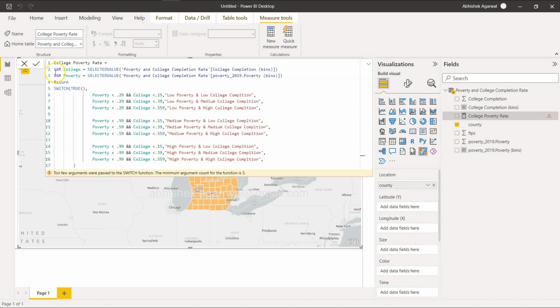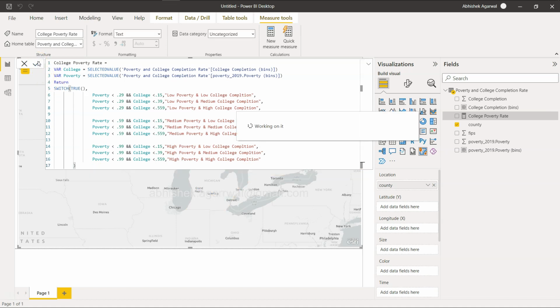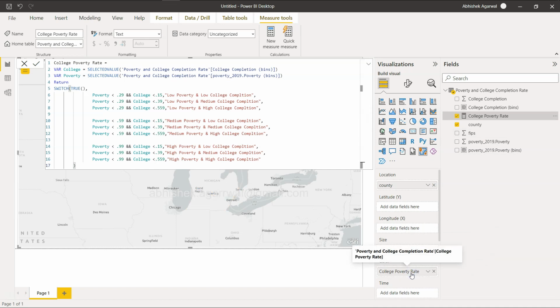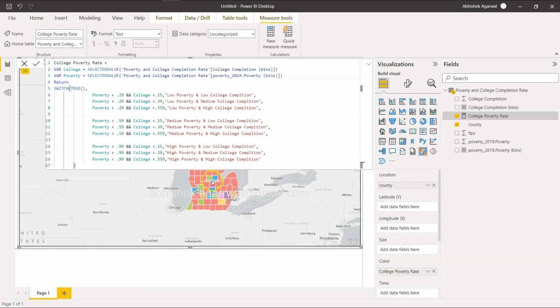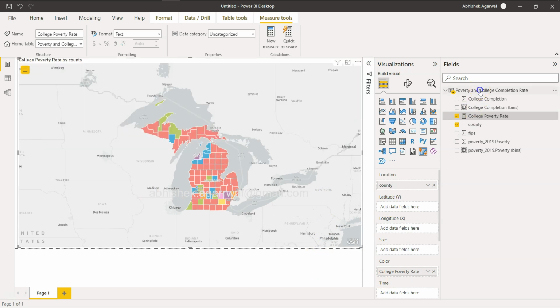Just think about this: if we have not created the variables, you have to write this value or this function again and again, right? So this is my last. So should be okay. Yep. College poverty rate, and this is something I am going to put here on the color. So now, if I select this,